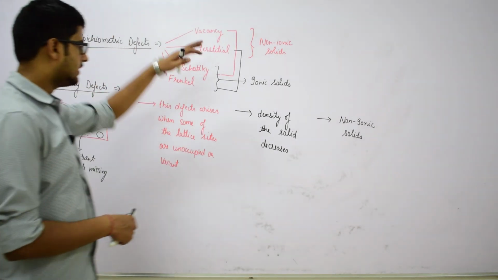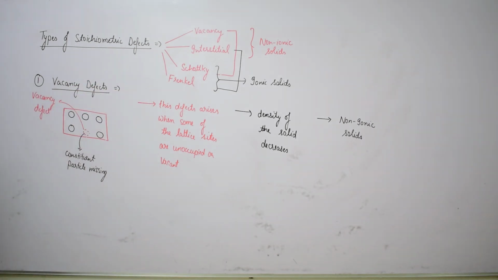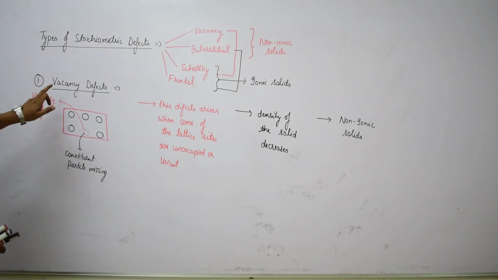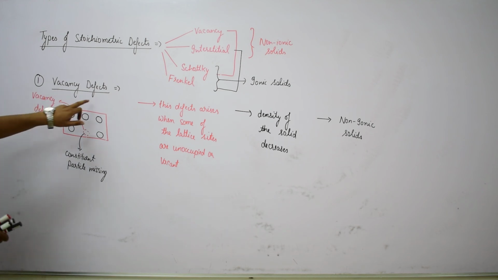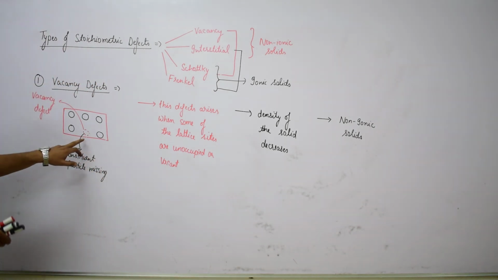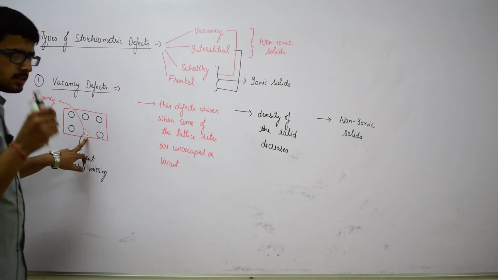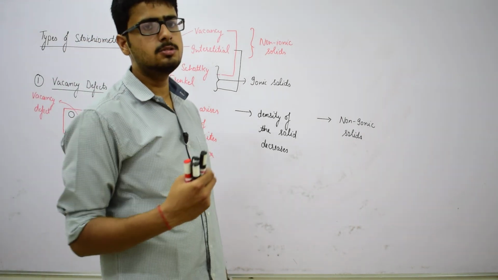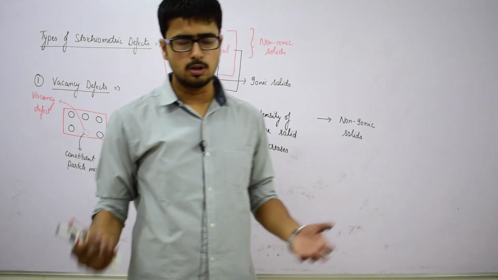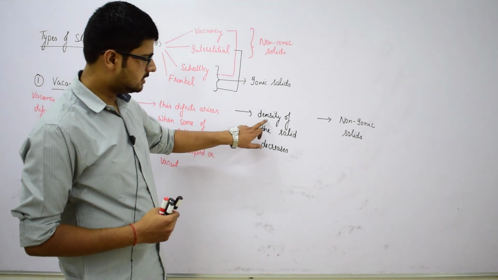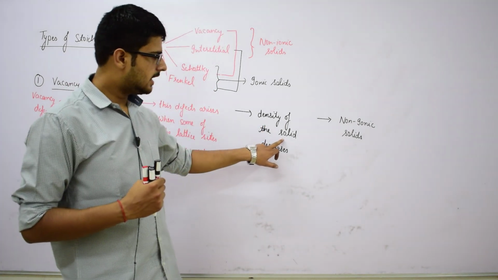So, stoichiometric defects are of four types: vacancy, interstitial, Schottky and Frenkel. We have discussed the first defect, vacancy defect. Vacancy defect arises when some of the lattice sites are unoccupied or vacant. Since the constituent particle is missing from this site, a vacancy defect is created. Since the mass is reduced and the volume is constant, the density of the crystal will decrease. So, due to this defect, the density of the solid decreases and it is always